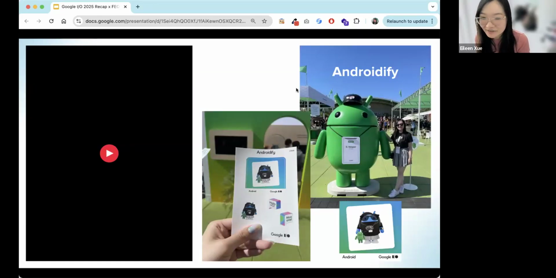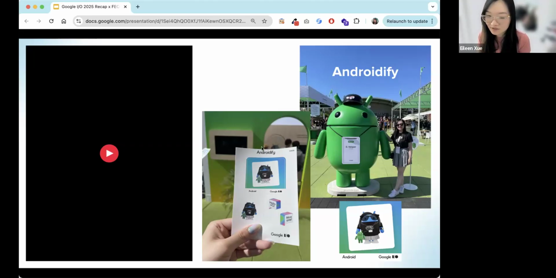Yeah, so it's like this experience. They have a booth for this as well, where whatever outfit you're wearing that day, they take a picture of you and then generate an Android version of you. And then what's cute is that they also printed out stickers. So then we got a little souvenir. So I thought that was super cute.